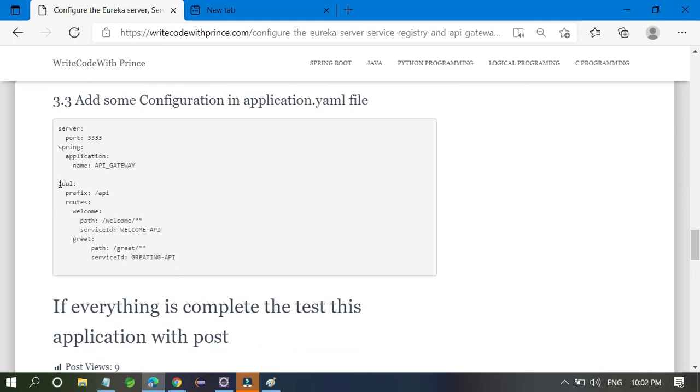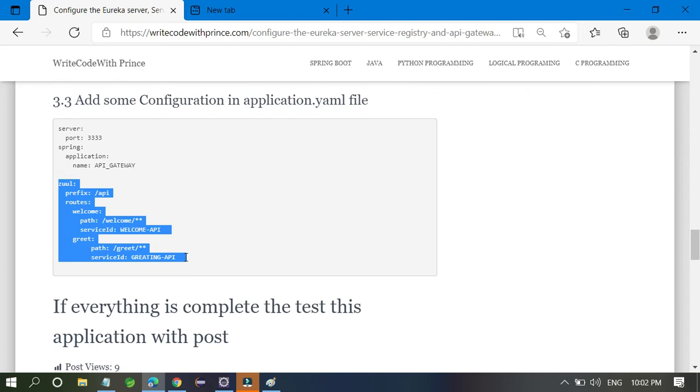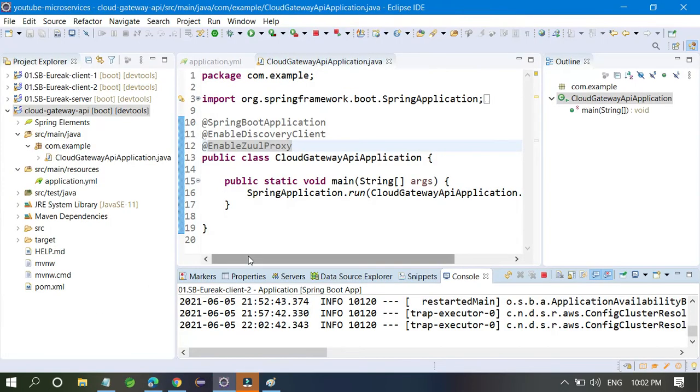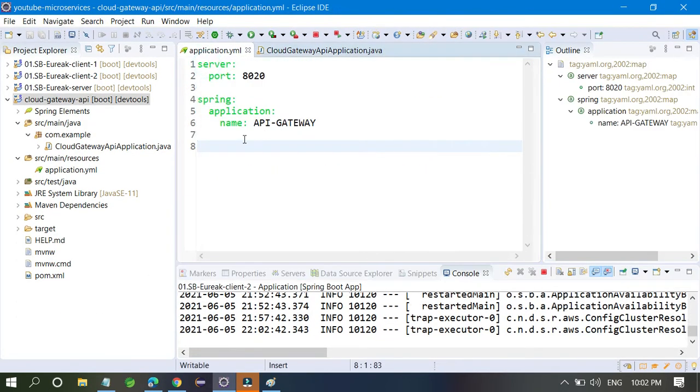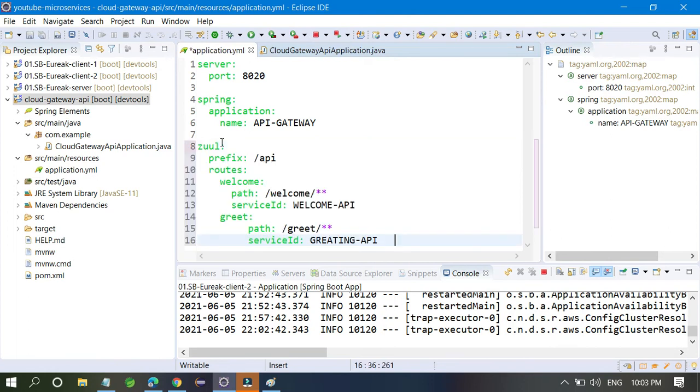One more thing: just copy this one. This is the main important configuration if you want to access all those APIs. Go to this place, open your application.yml file, and copy paste here. Based on how many APIs you have created in your project, you have to maintain everything. I have created Zuul with prefix api and routes, welcome. For example, if you mention welcome, mention welcome, nothing else. This is welcome star anything, and this is the service ID, so welcome-api.